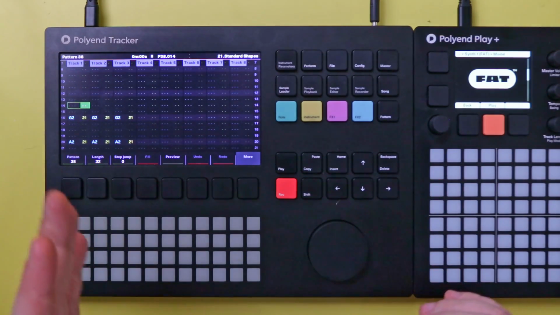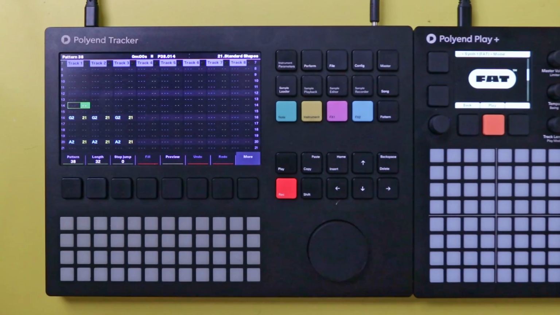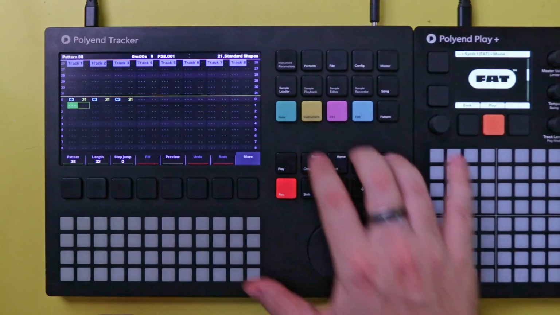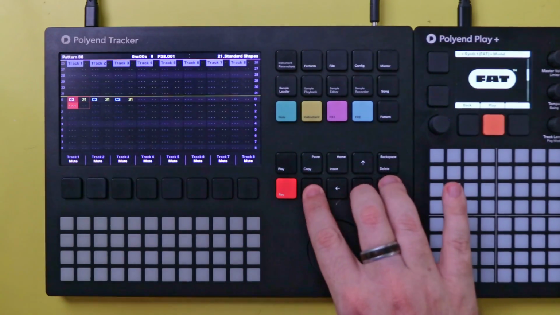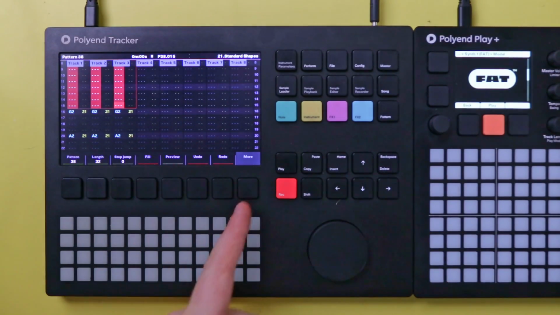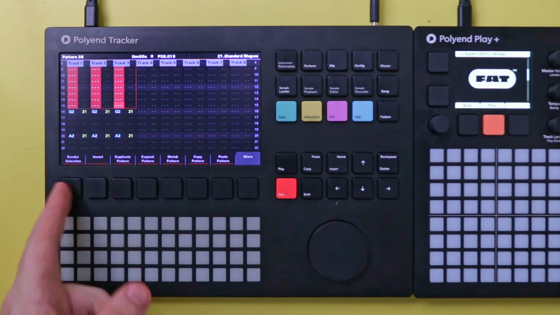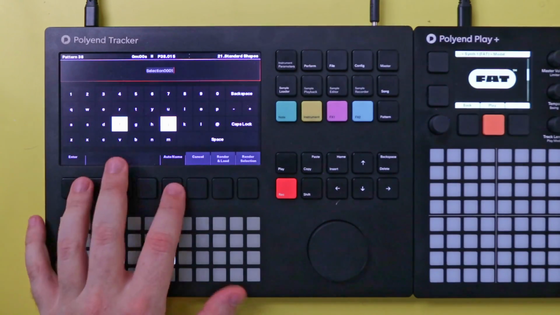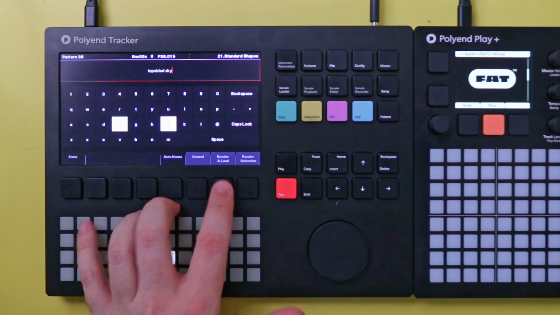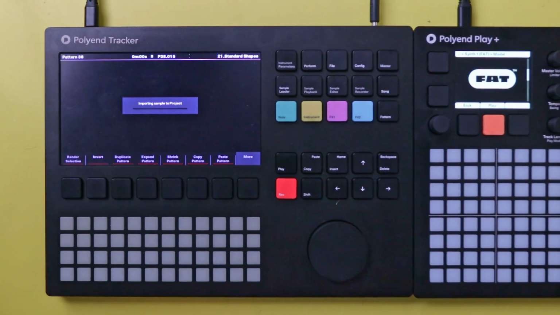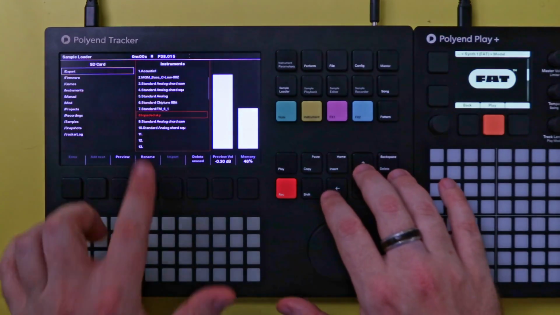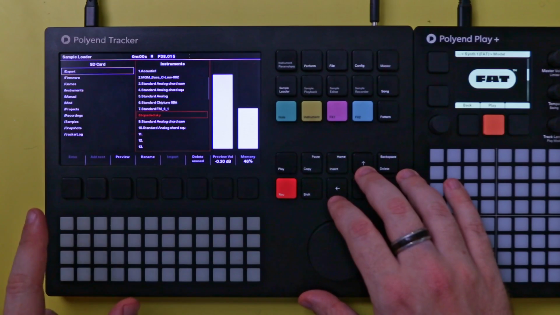So if we were wanting to use this somewhere else and it's probably a little bit too big, what we can do is, I'm just going to copy a short version. So what we can do is we hold shift and select the area that we want to copy. And then what we can do is go more, and then we can go render selection. Now just make sure that you give it an appropriate name so you know this is a really cool super saw. But if we go render and load, it takes a bit. And then if we come into here, there's the sound. If we preview that,